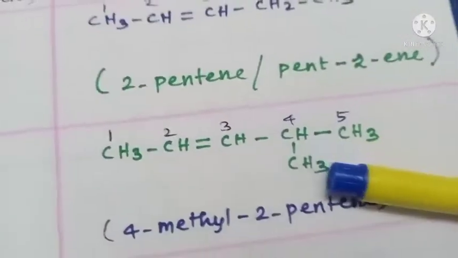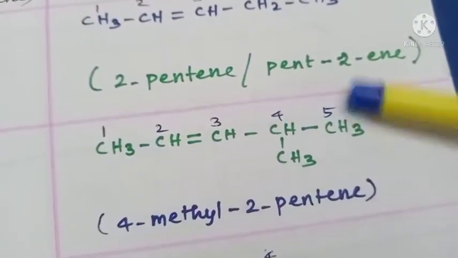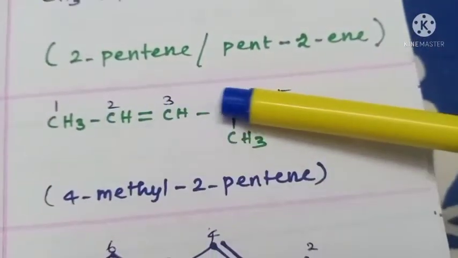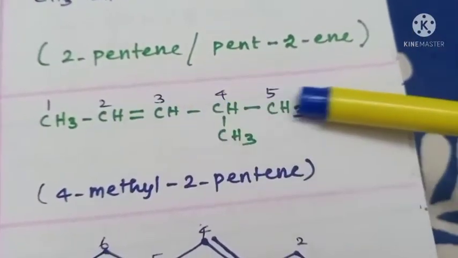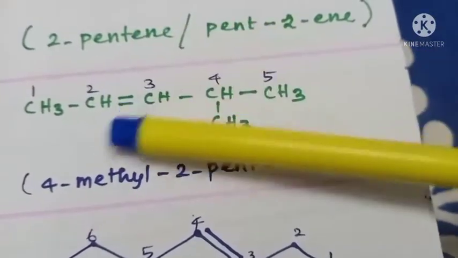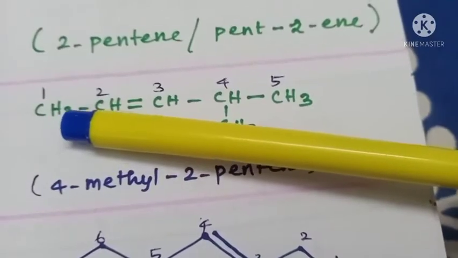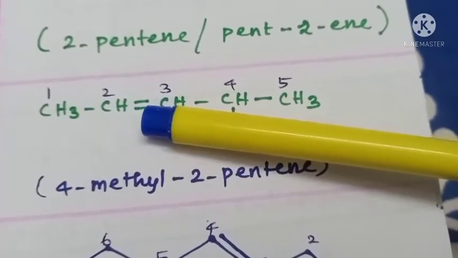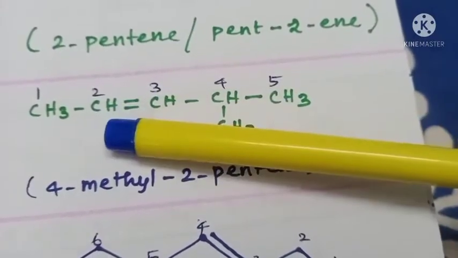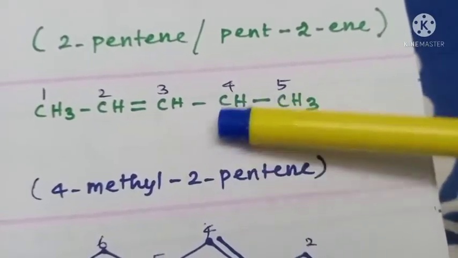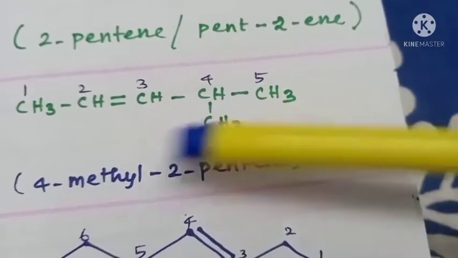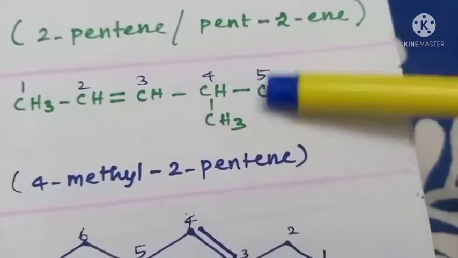Right, now we go for this one. Even this is also nothing but pentene. Okay. Here the longest chain can be selected in 2 different ways. Either this one or exactly the horizontal one. Okay. Both are equivalent. So we go horizontally, isn't it? I proceed in a forward direction to give the least number to the double bond. Right. Now 5 carbon with a double bond. So pentene, double bond at second carbon, 2 pentene. Now this branch, methyl group substituent, it is at fourth carbon. Sorry. So 4 methyl 2 pentene is the IUPAC name.